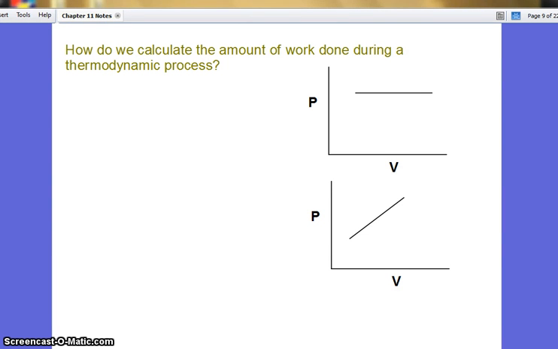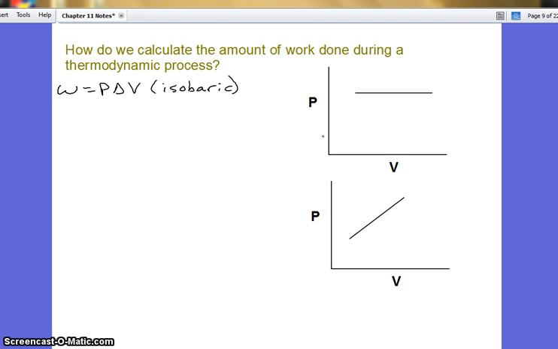In this section, we're talking about how we can calculate the amount of work done during a thermodynamic process. We had talked about how the work is equal to the pressure times the change in volume. However, this is only true if it's an isobaric process. In other words, the pressure has to be constant in this situation, like the graph on the right here, constant